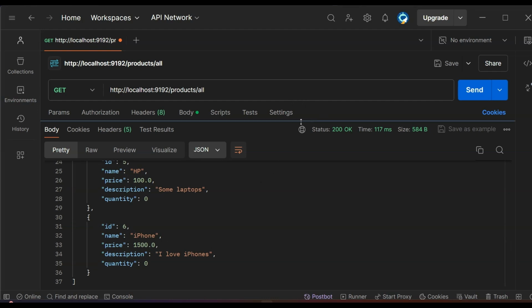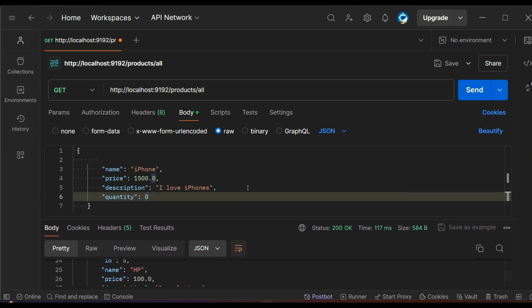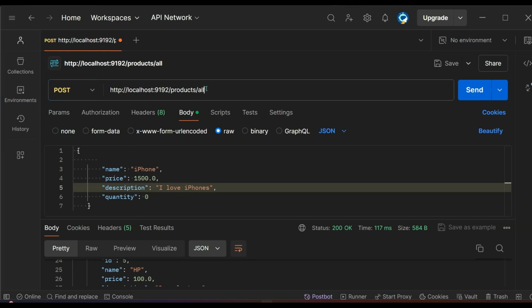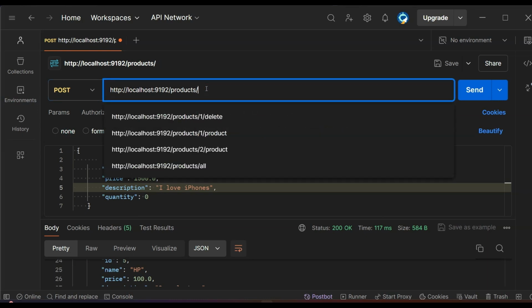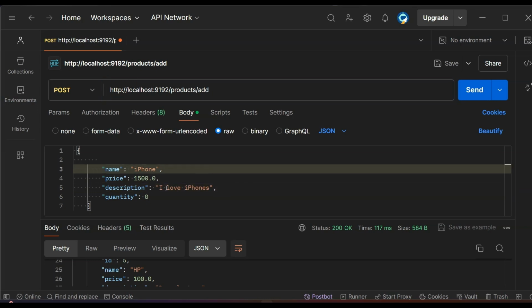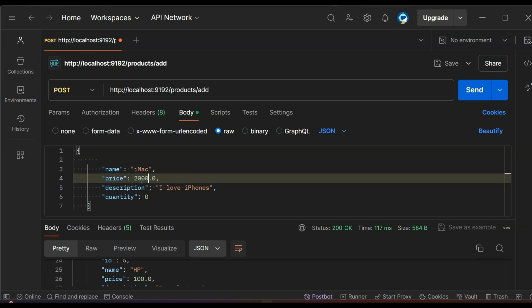But meanwhile, let's try the add first. So after the add, we'll go there to fix that error of the update. I remember the error. So now let's say this one is post, and let's say products, and let's say add right here. So inside here, we're just going to say the name of the products, and this time around let's just say iMac right here, and we're just going to say this one is 2,000 bucks right here,